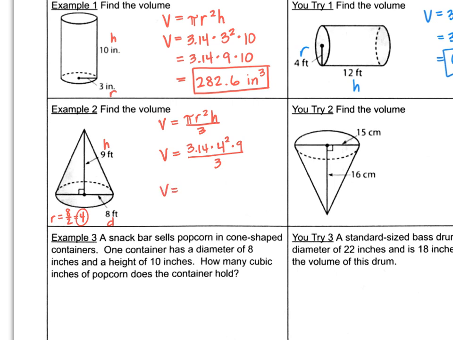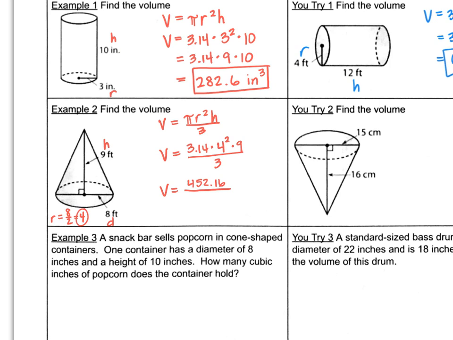So I'm going to go ahead and just put this into my calculator. 3.14 times 4 squared is 16. So make sure you multiply by 16 and then times 9. I get 452.16. I suggest you make sure you're putting that into your calculator along with me so that you are getting